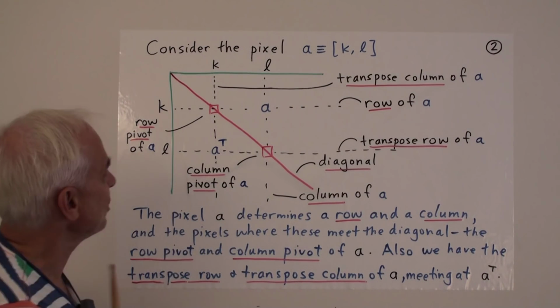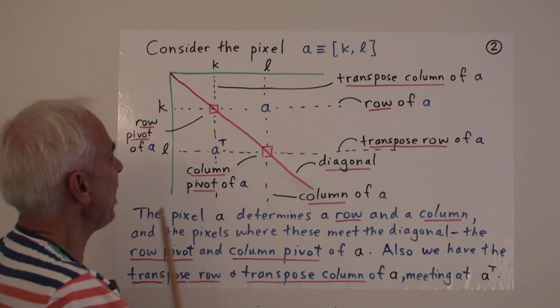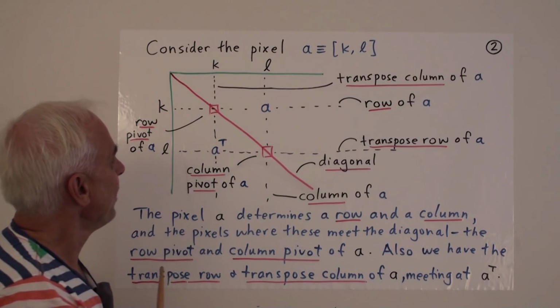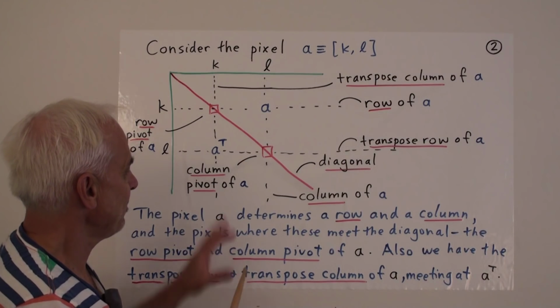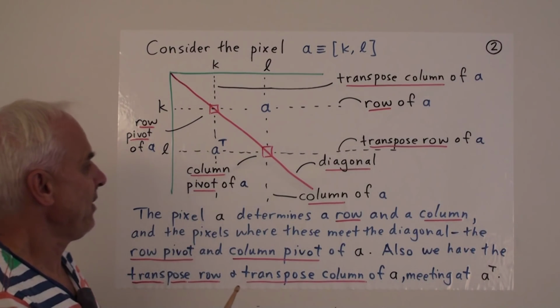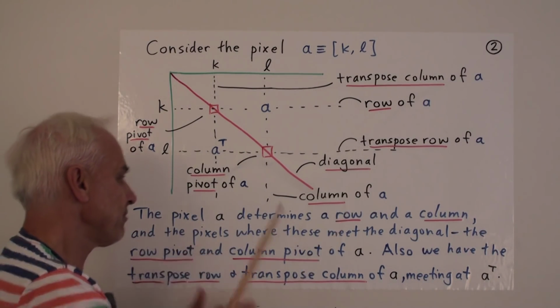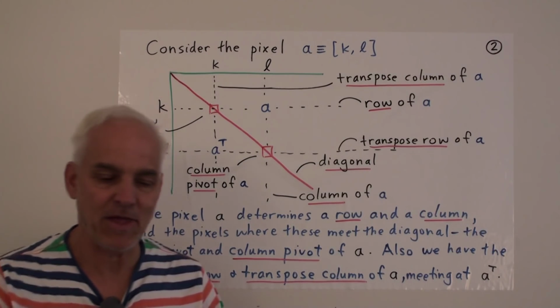There's a little square here determined by this pixel A. So these are interesting and useful geometrical things associated to the pixel A